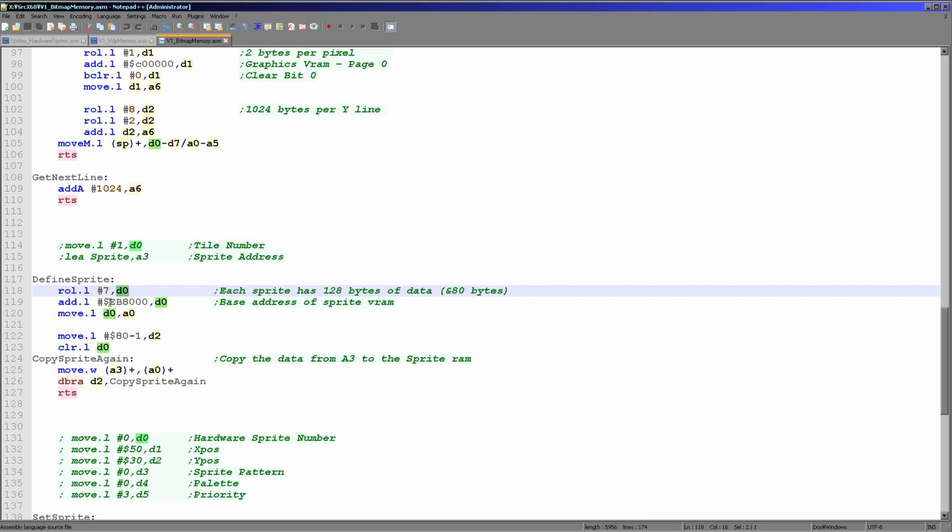We're then adding EB8000 to that, because that's the start of our bitmap data for the patterns. We're moving that into A0. We're then defining the amount of bytes we want to change. We want to change a total of 128 bytes, because that's the total of the 16 by 16 4-bit per